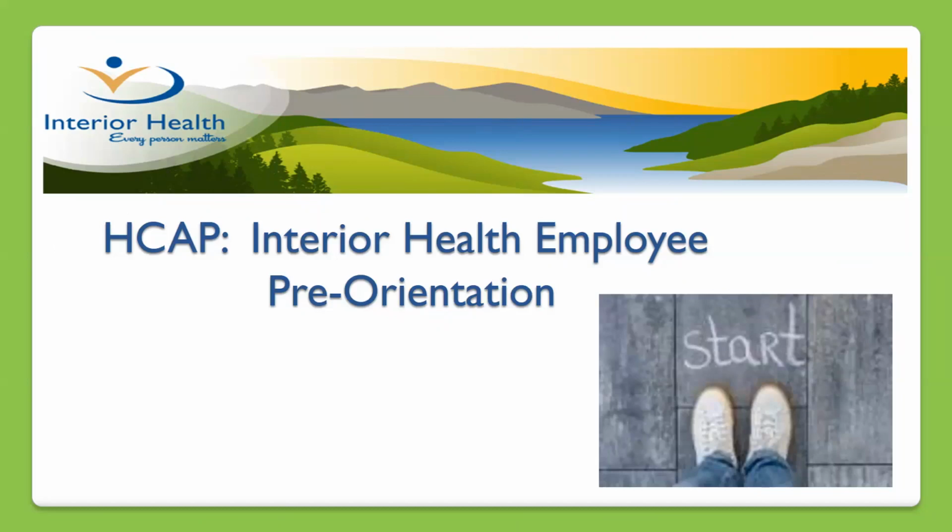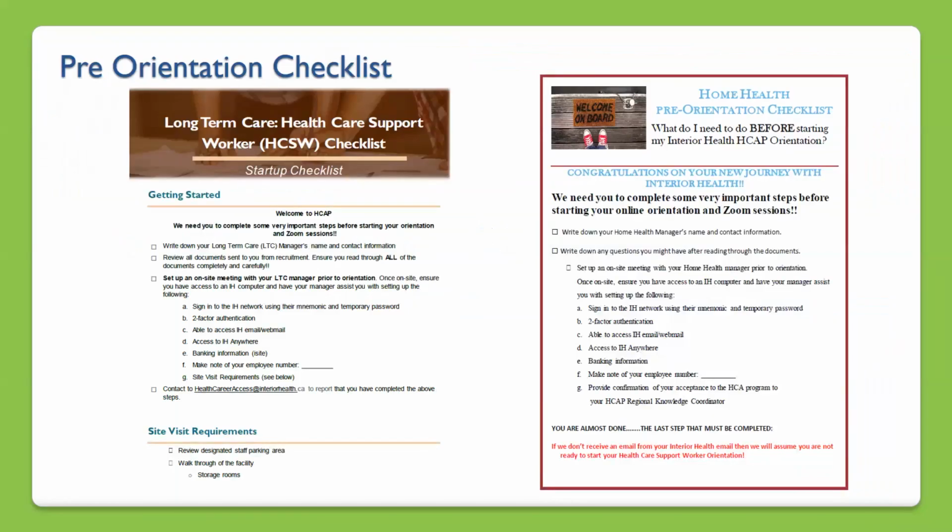This checklist can be found attached to the hiring email that you received from the Interior Health Recruitment Department when you were hired. These are examples of the pre-orientation checklists that you need to review and have completed before your orientation begins. Your manager's name and contact information is located in the virtual introduction email that you received from the recruitment department